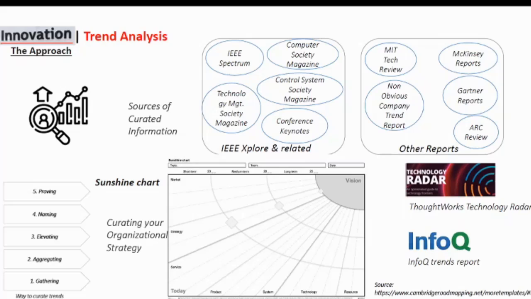It's about change that we are talking about here. Then we are talking about other reports, like there are multiple reports like MIT Technology Review, McKinsey reports, Gartner reports, ARC review, non-obvious company trend reports, IEEE reports, which are technology reports, conference keynotes. Many of these need to be curated into a form of what we want to achieve in our organization or as individuals. This needs to be gathered, aggregated, elevated, and named, and put in the context of